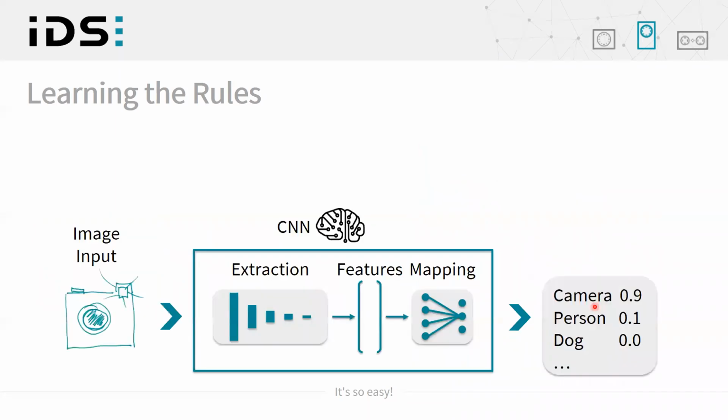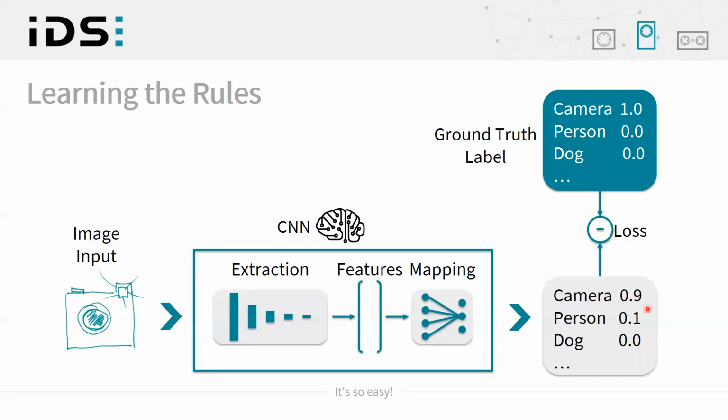Right, so now from the input image, the neural network produced, through the feature extraction, a set of features describing the image, and this has been mapped to get the desired output. This output could look like this. The neural network will put out something like, we are seeing a camera here with a confidence of 0.9, or 90%. That's good, but not perfect. And the nice thing about these neural networks is they can learn by showing them more examples.